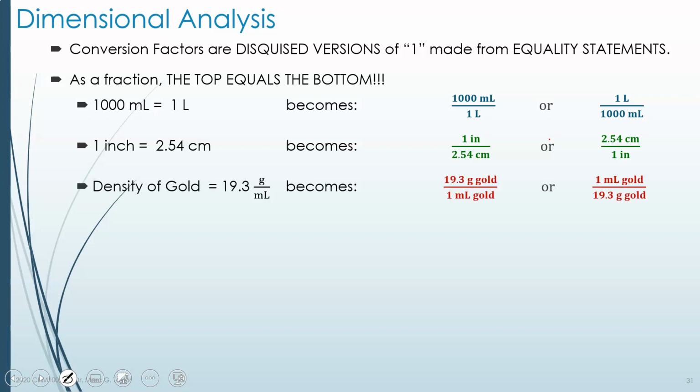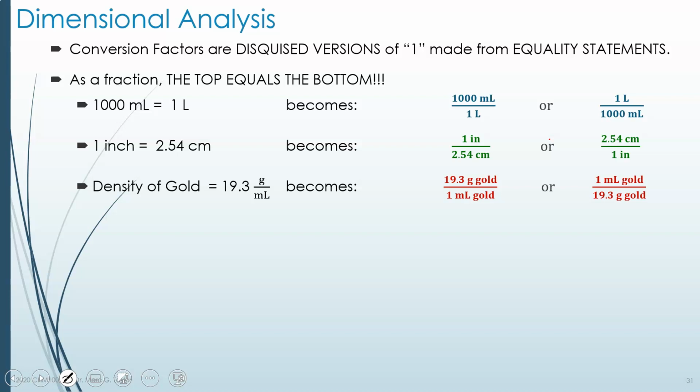We know the density of gold is 19.3 grams per milliliter. In other words, 1 milliliter has a mass of 19.3 grams when we're talking about gold. That's actually quite high. This is the density of gold, and we know that gold is very, very dense. It has a lot of mass for a small amount of volume. By comparison, by the way, water has a density of 1 gram per mil, so gold for the same volume is